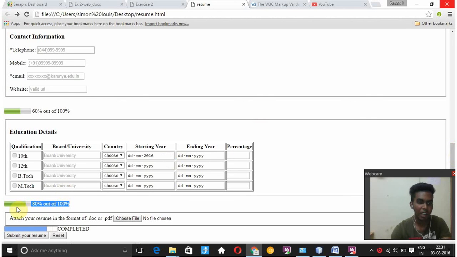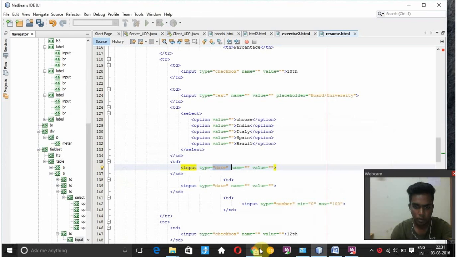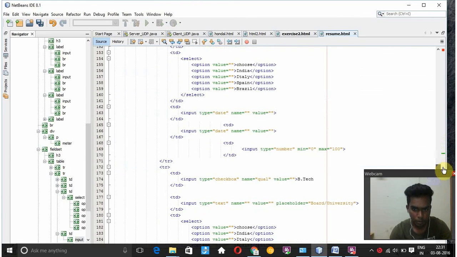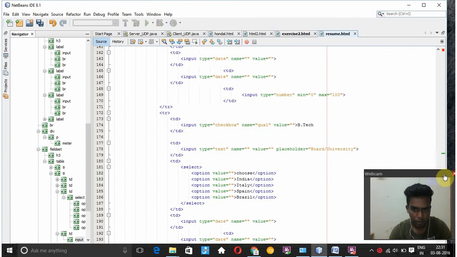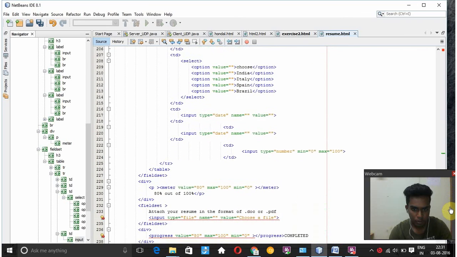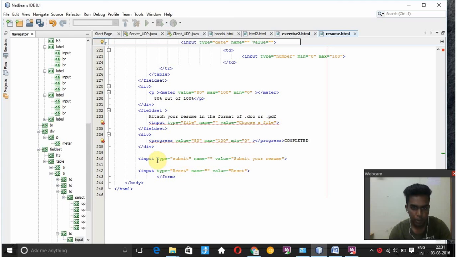And finally, we have the attach your resume in the format of document or PDF. Here the input type is given as submit and the name is null, value as submit your resume.